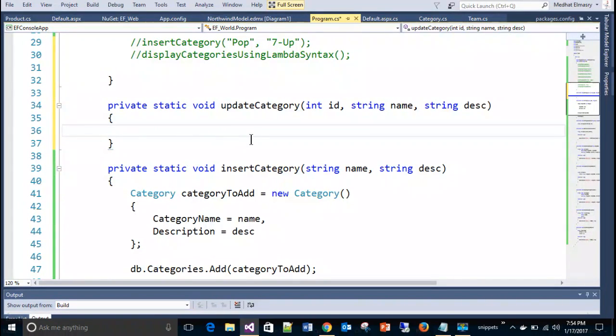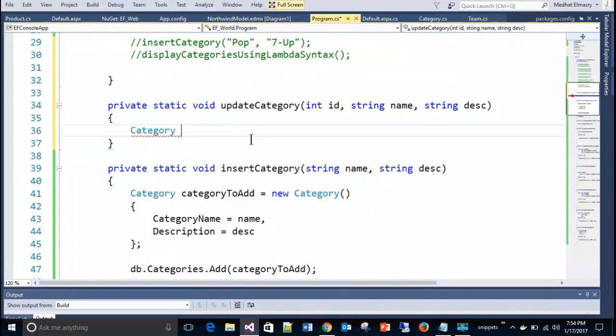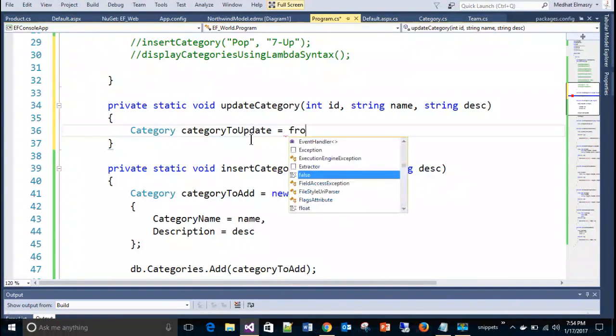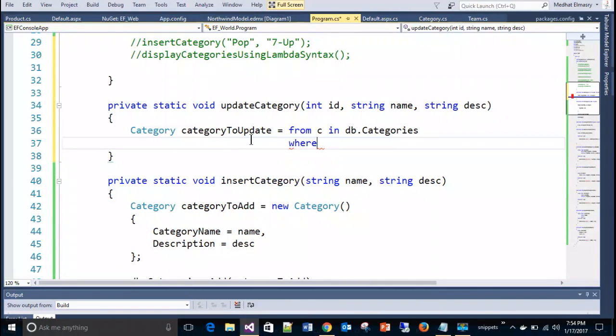So here again, you'd go Category categoryToUpdate equals from c in database.categories where c.CategoryID equals ID,